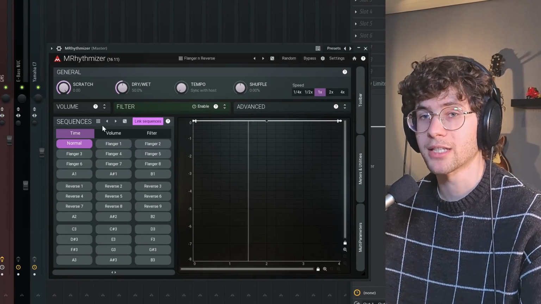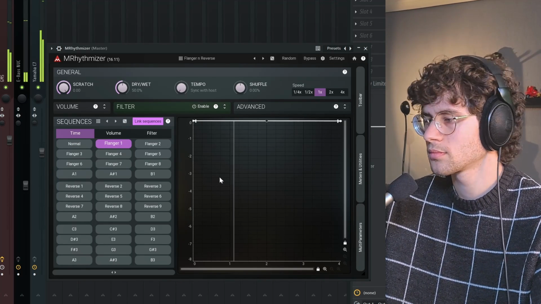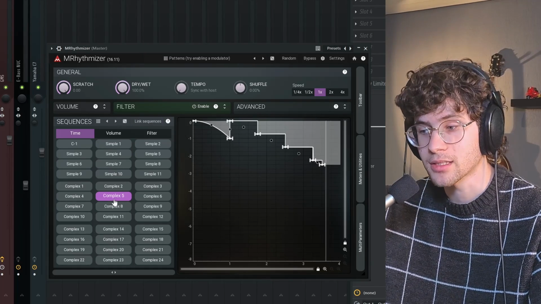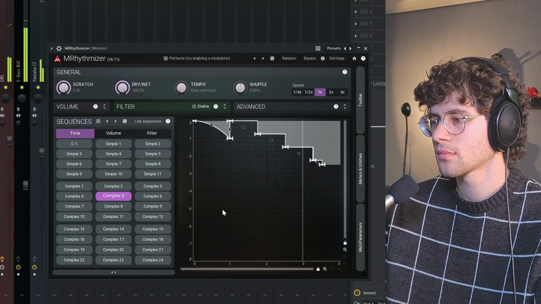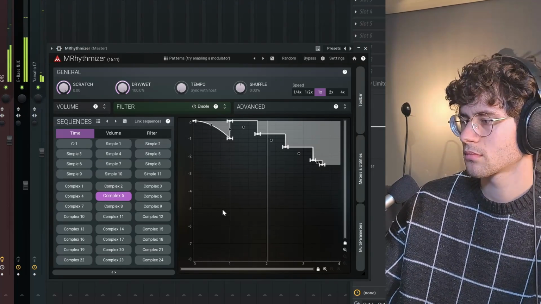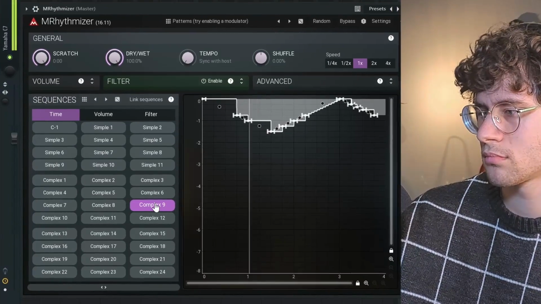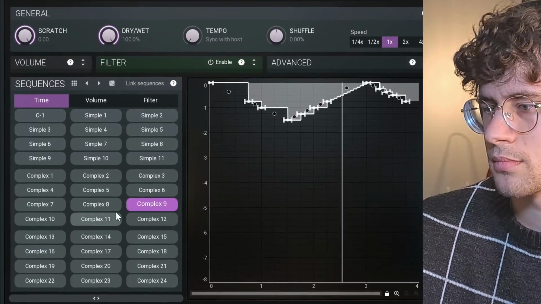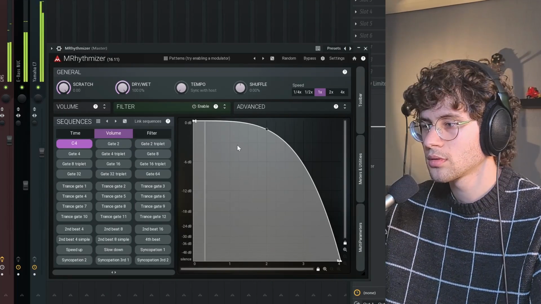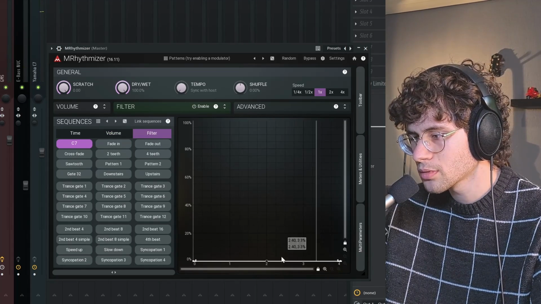Alright, keep in mind, the plugin can do way more, from subtle things like this flanger, to more experimental things like this complex 5. And you can also start playing around with the volume envelope, the filter envelope,